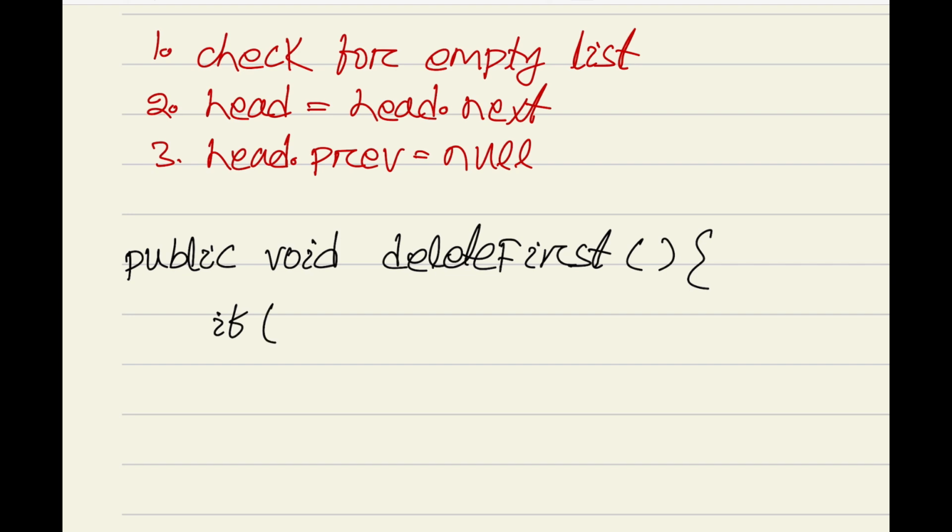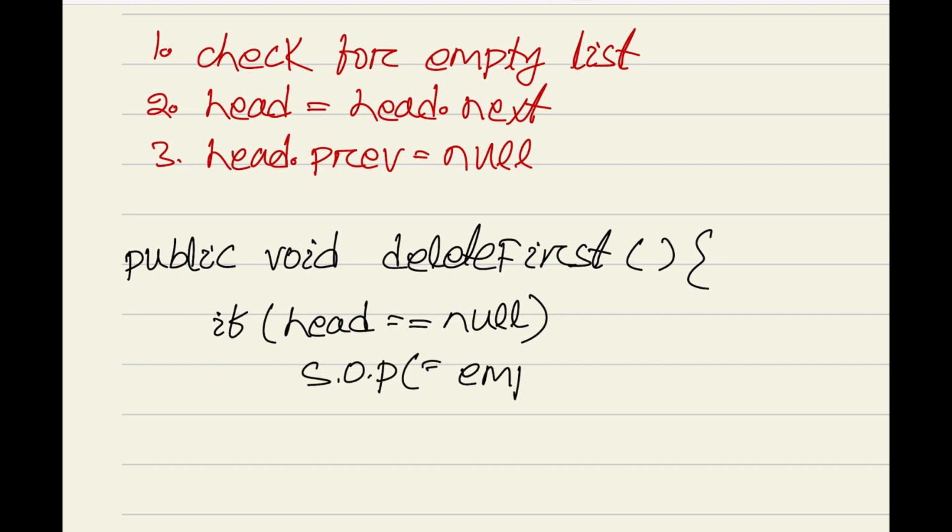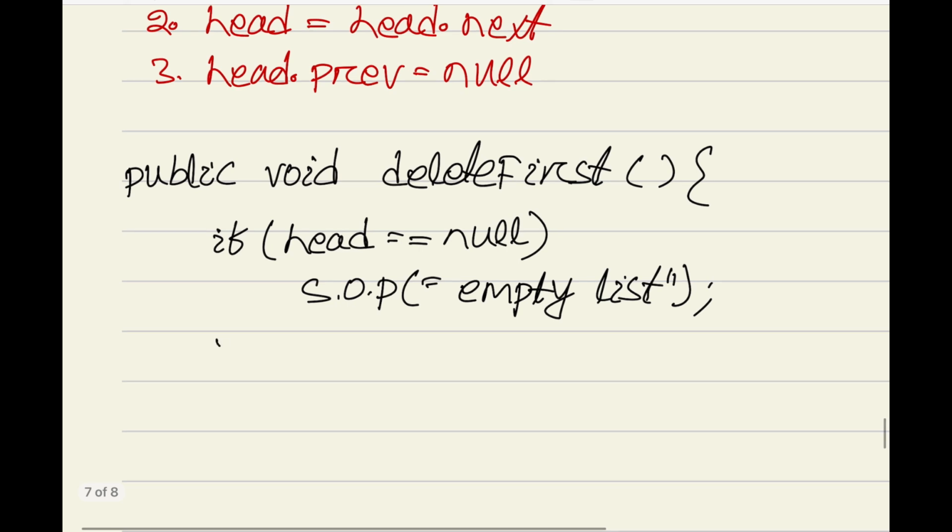If head equal to null, so it is double equal to, if head equal to null, we can write System.out.println, in short I am writing SOP, empty list. Now, in the else part, that means when the list is not empty,